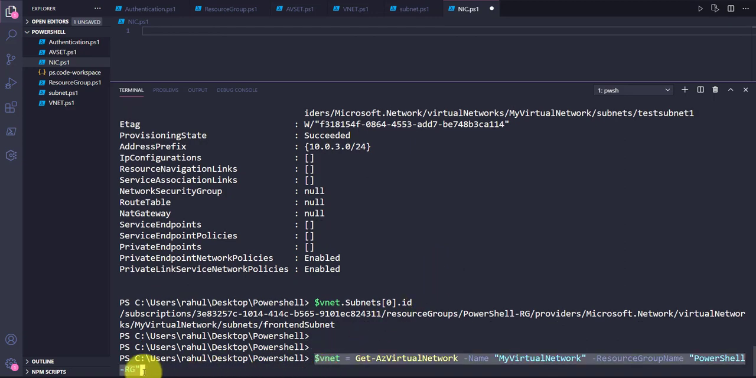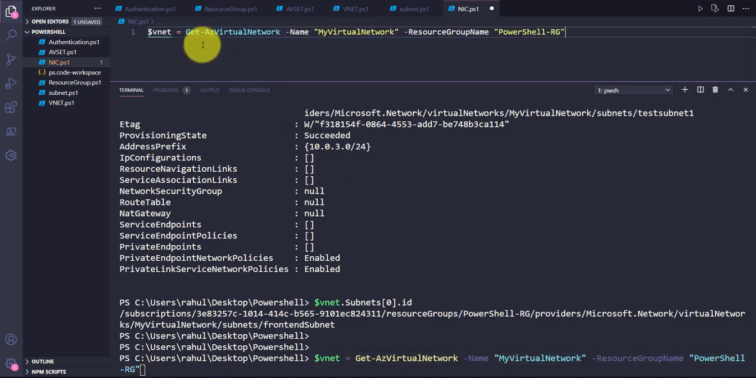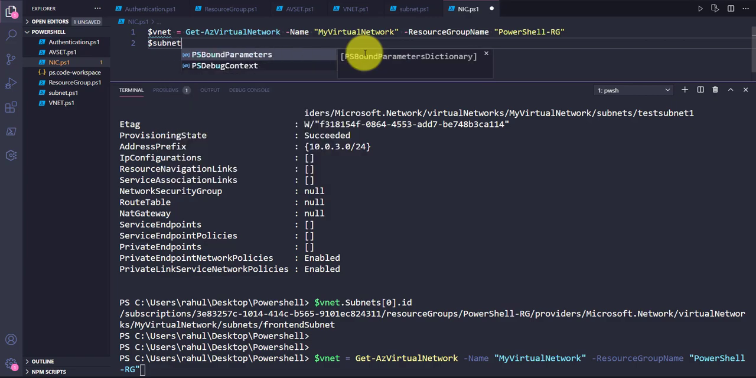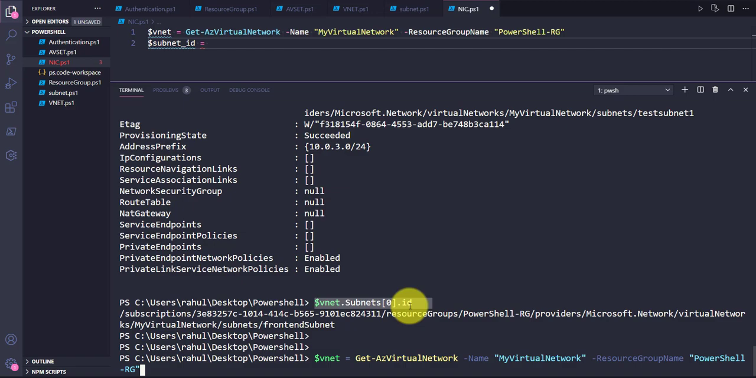So let me copy this command, and this is where you're going to use this command. First we are capturing a virtual network, and then we have to pull this subnet ID from this virtual network. So I will use another variable called subnet_ID, and inside that you can go with this particular approach if you know that that VNet is on this particular 0 position, or if you don't know how many subnets there are